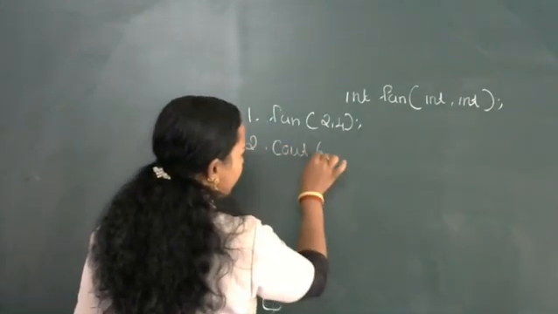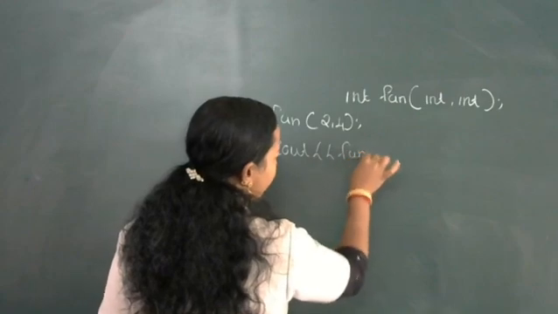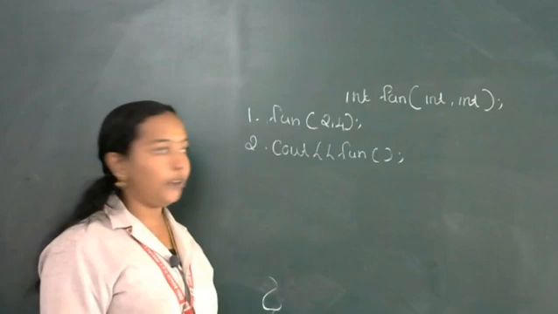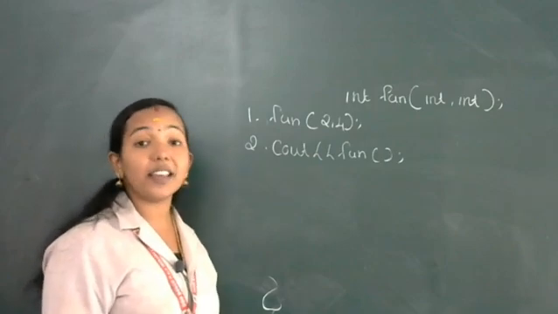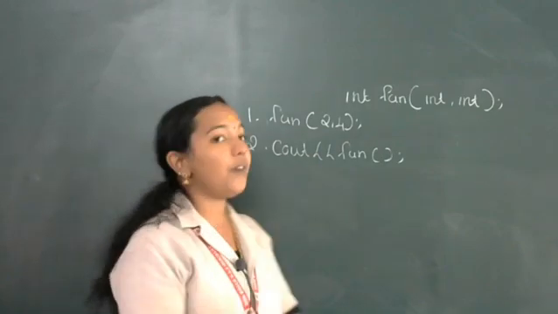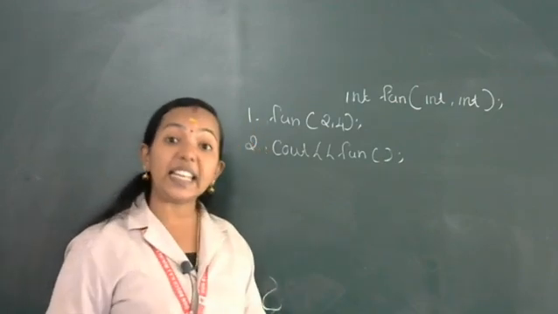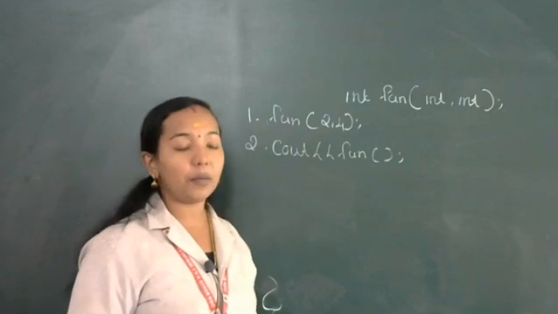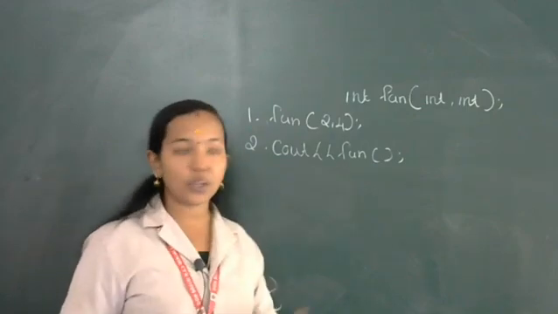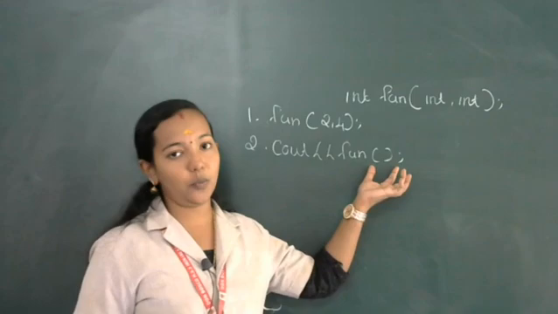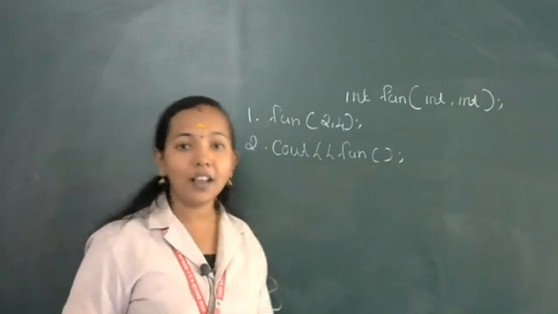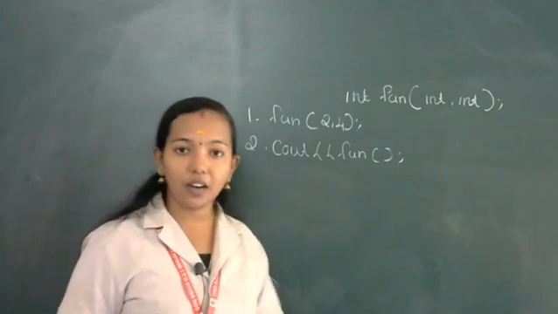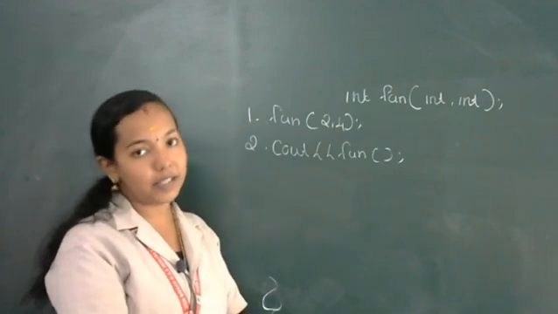cout function argument. Is it valid? No, it's not a valid statement, it is an invalid statement. In the function prototype, it is not declared. That means these are not default arguments or default parameters. So when you are calling a function, you want to give actual arguments. Here actual arguments are missing. What will be the invalidity reason? In this function call, actual arguments are missing.